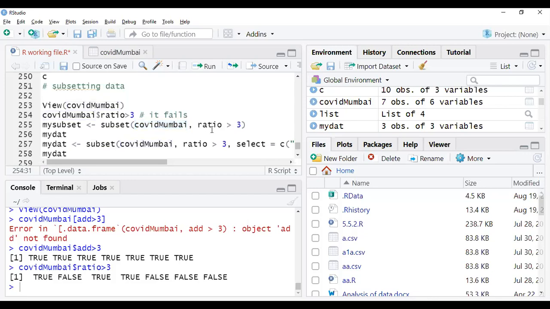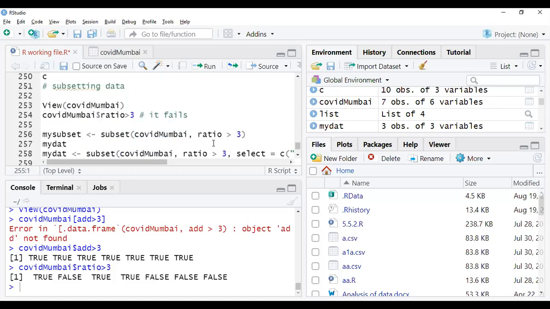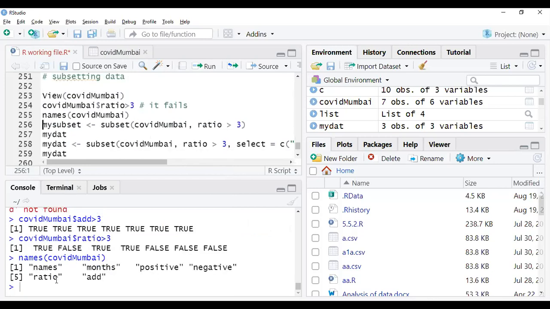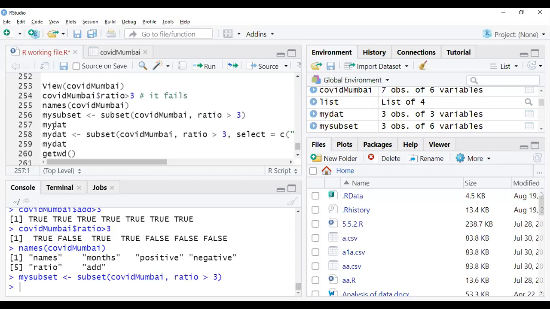Remember, whenever you go for getting any variable, make sure that you just type and see which variables you have here. Always check the name of the variable properly, whether the ratio is in capital or small. Now it is written properly in small, ratio. It is not in capital. Whenever it is capital and you execute with small, it won't run. So do it properly. Subset your data set, comma, ratio is greater than 3. Now I'm executing the subset.